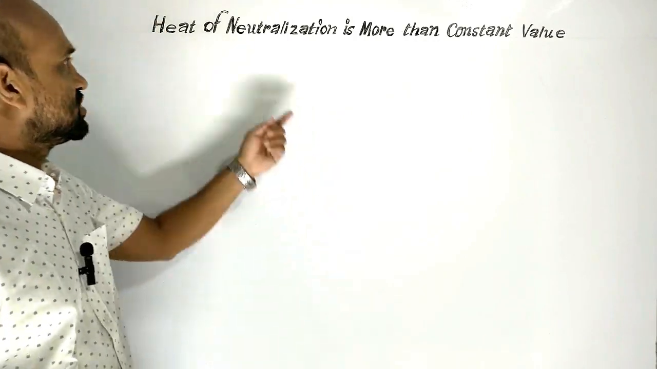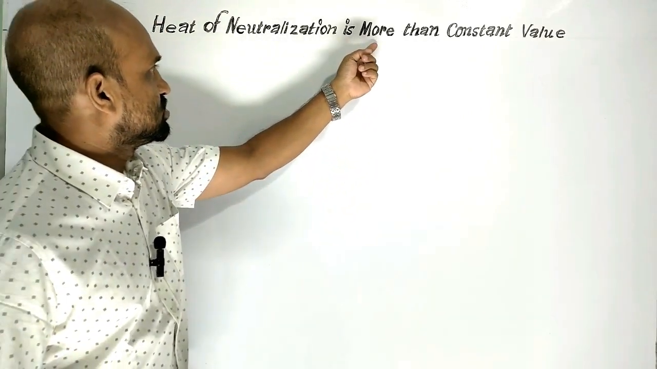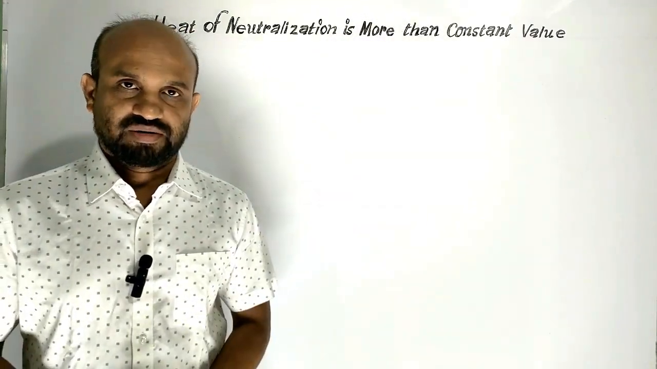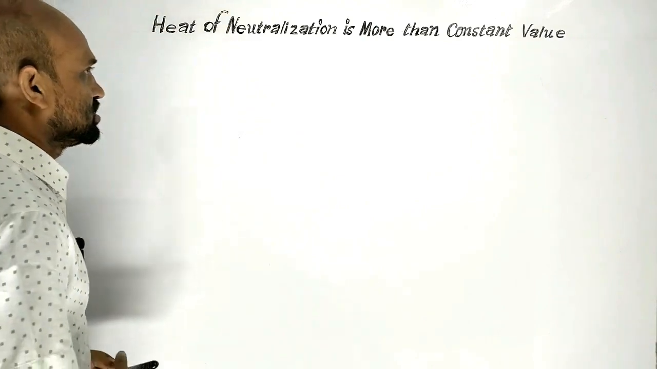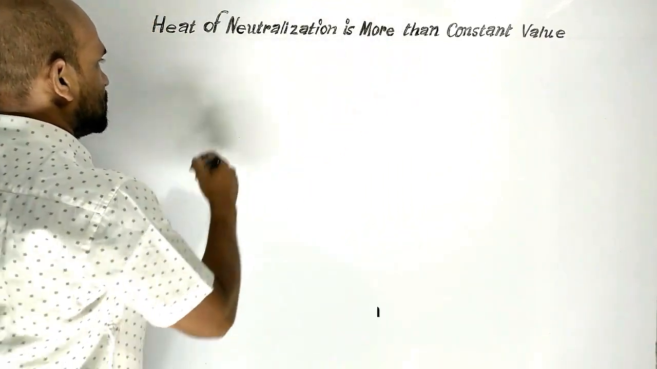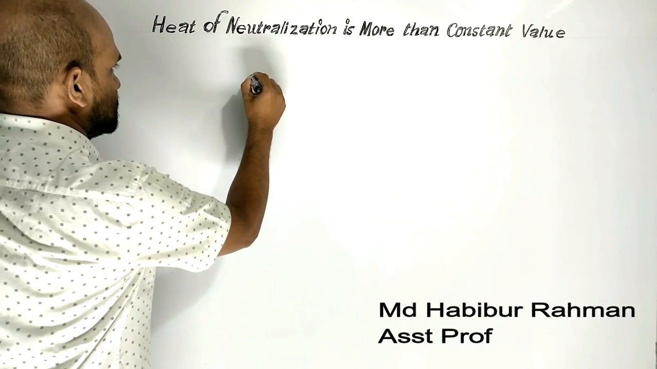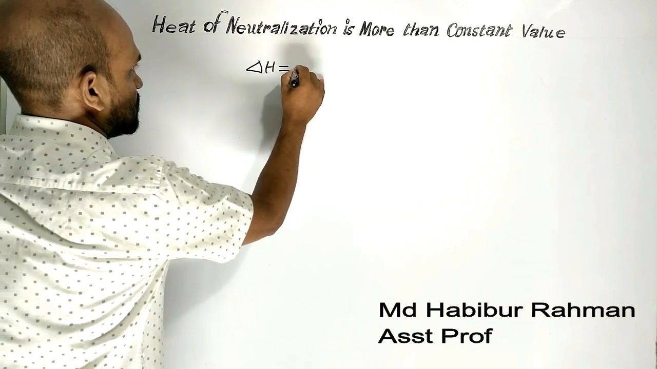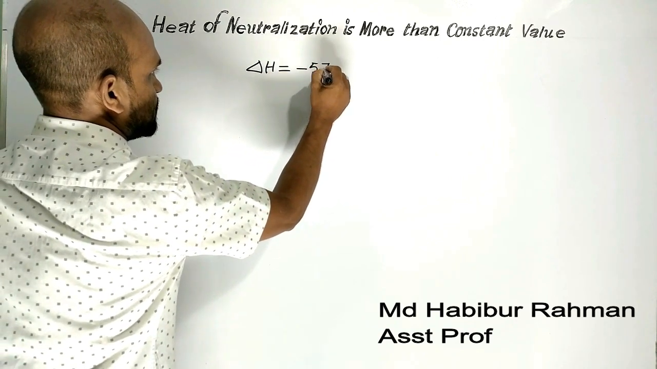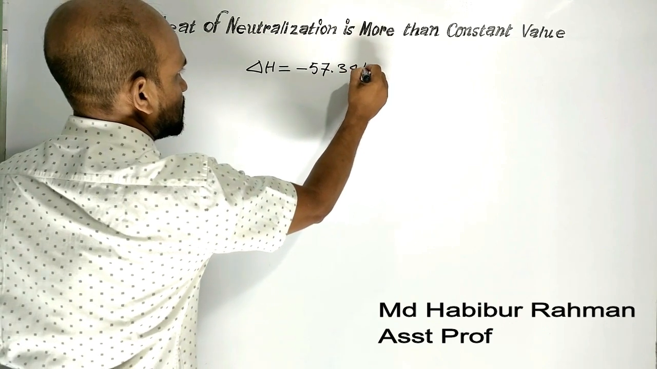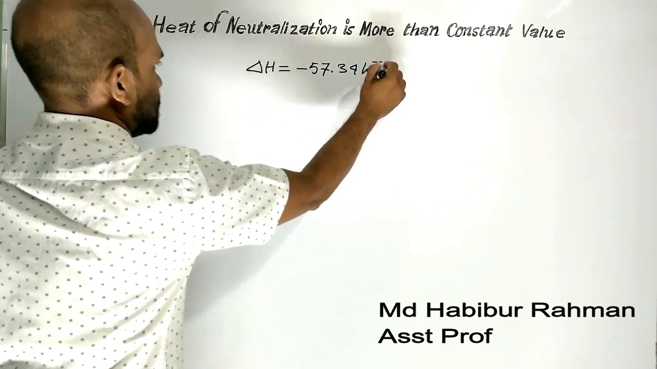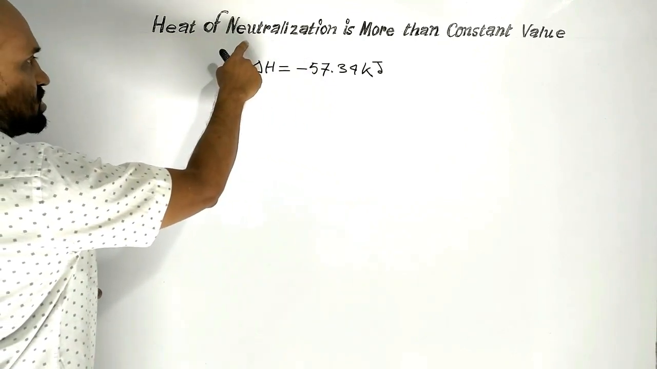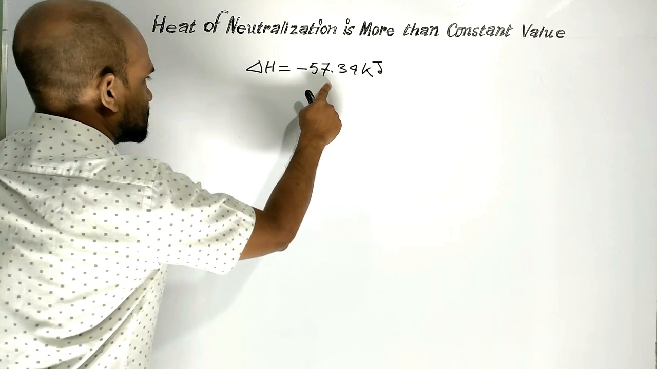Today's lesson: heat of neutralization is more than the constant value. What does it mean? Let us have a look. The constant value of heat of neutralization is delta H equal to minus 57.34 kilojoule. This is known as heat of neutralization, and this is constant for